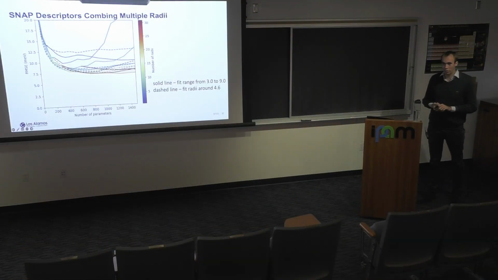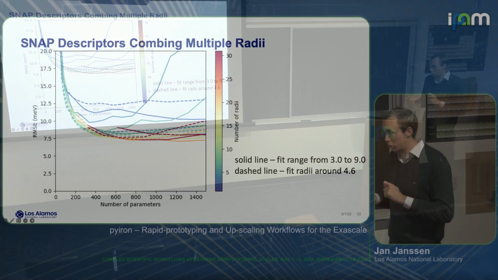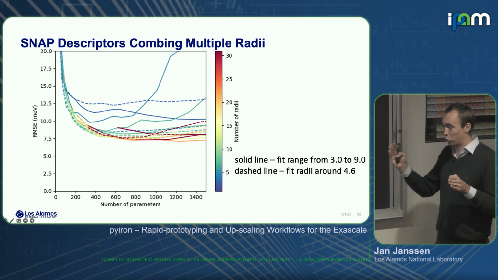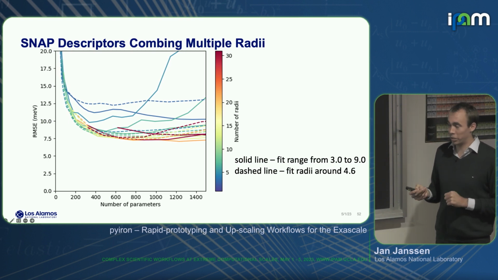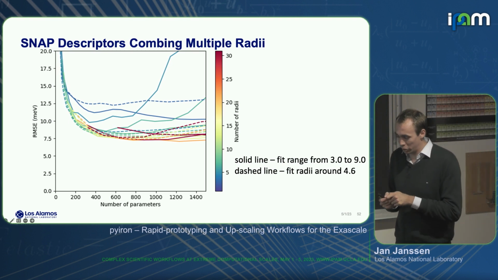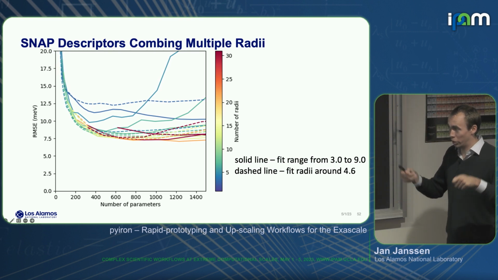And then we figured out, okay, we can combine multiple cutoff radii. The idea was to have a radial derivative of our SNAP descriptor in there, and really see how this affects the results. So we took 2 samples, one always covering the whole range, going from 3 angstrom to 9 angstrom and increasing the sampling density in between. And the second one starting around 4.6 angstrom, increasing the sampling around this point and really just extending it.